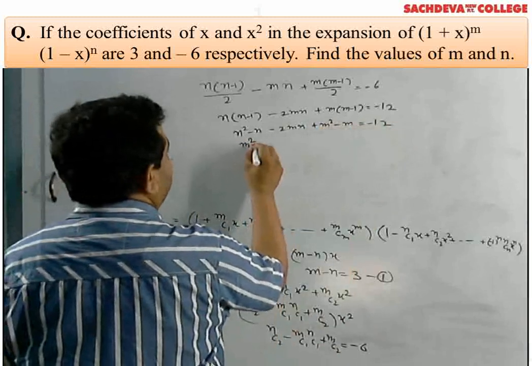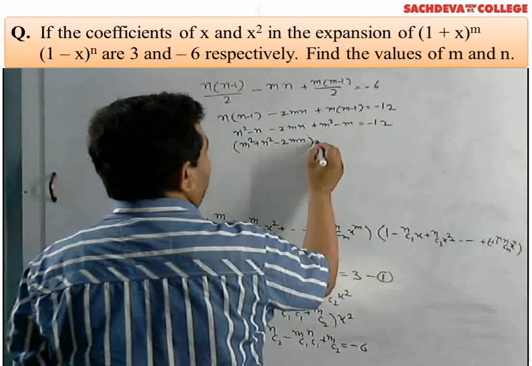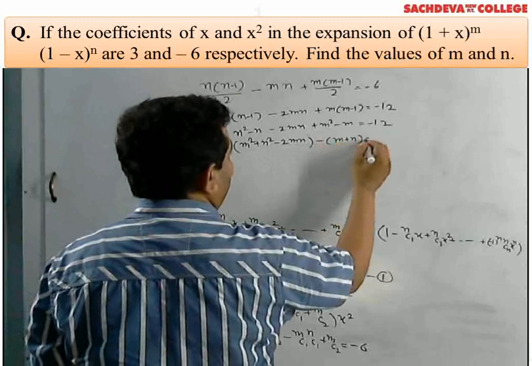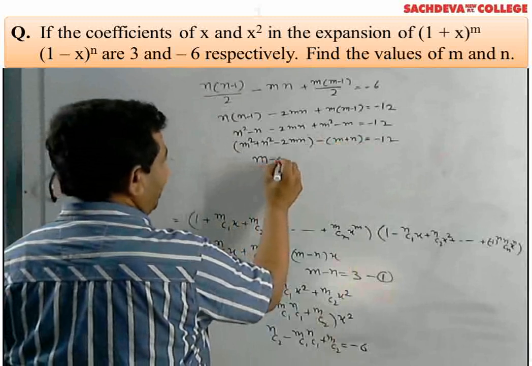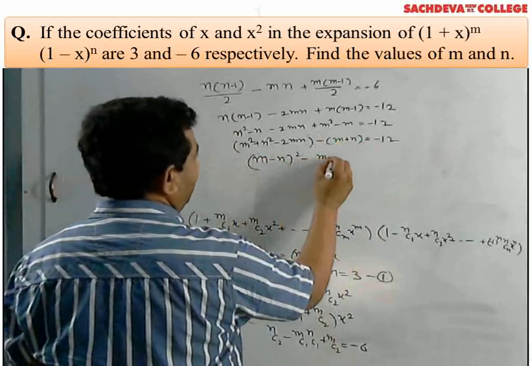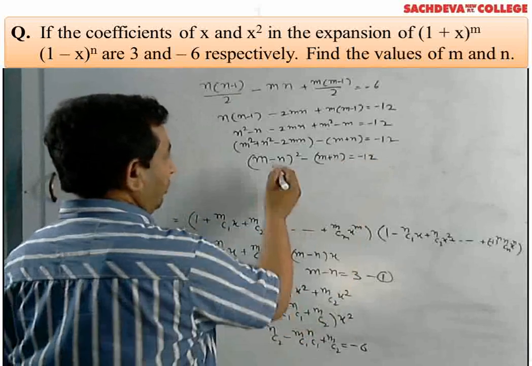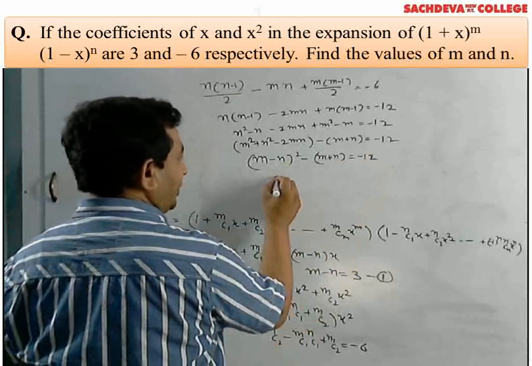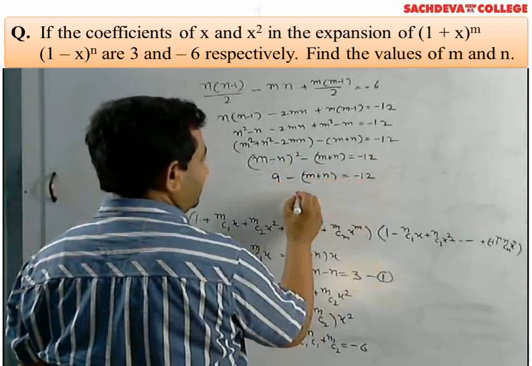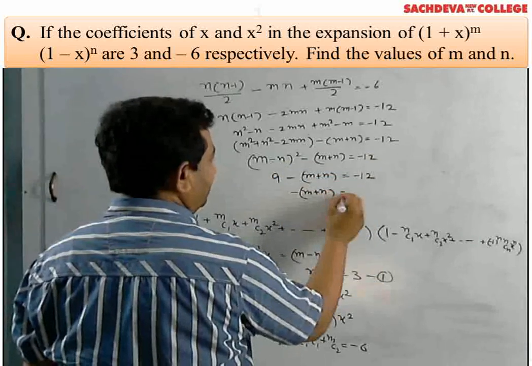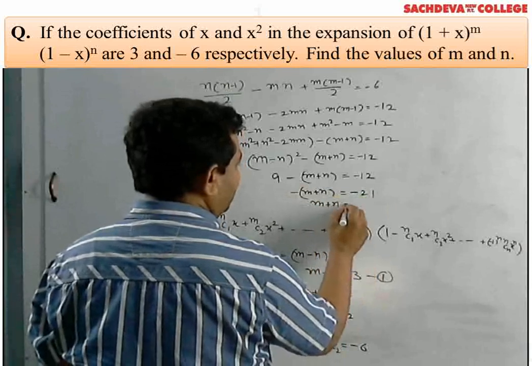So m square plus n square minus 2mn minus m plus n is equal to minus 12, or (m minus n) whole square minus m plus n is equal to minus 12. But from equation 1, the value of m minus n is 3, so 3 square is 9 minus m plus n is equal to minus 12. It means minus m plus n will be equal to minus 21,